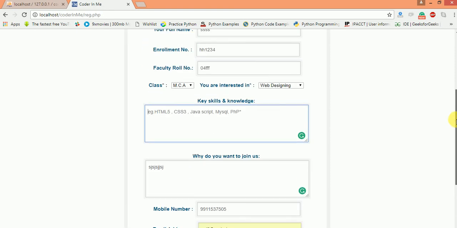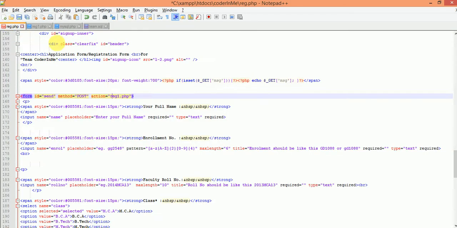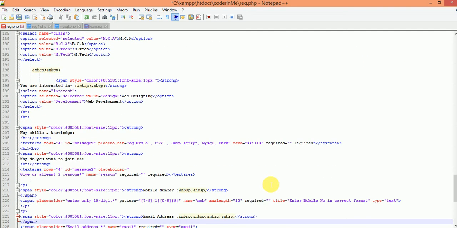I have checked it here. Suppose in that page I have used the key skill that is required. If I submit it,